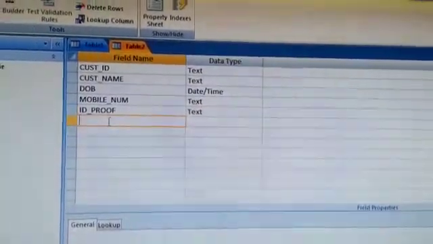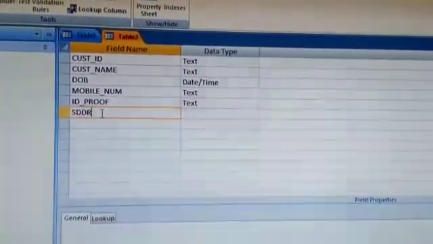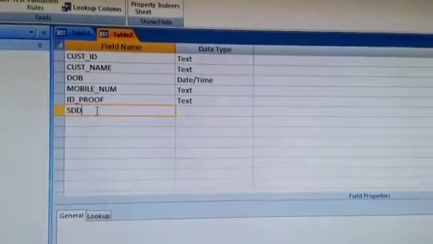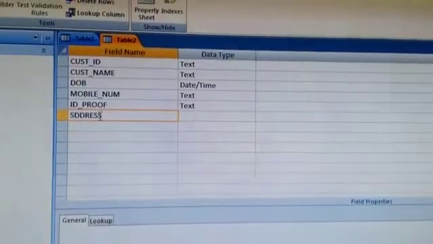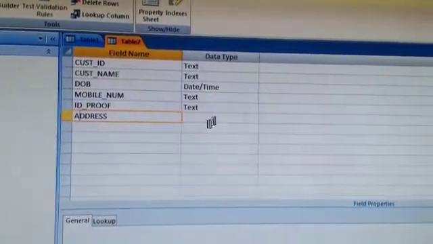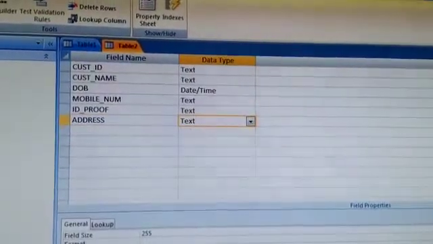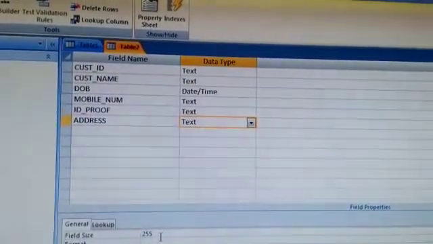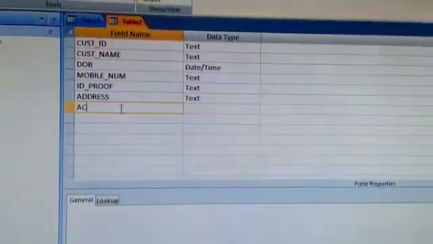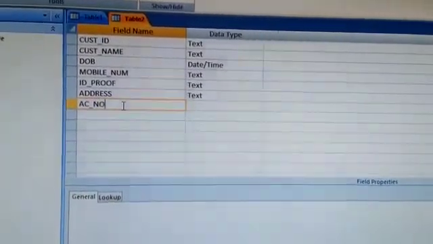Next field is address, the address of the customer. Of course, the data type would be text and address can be long, so I will keep it as 255 characters. Then is account number.